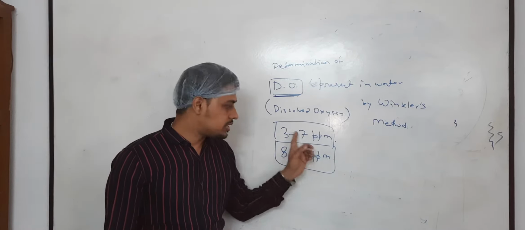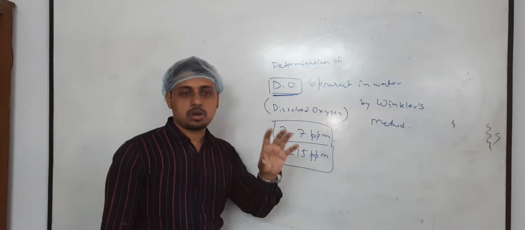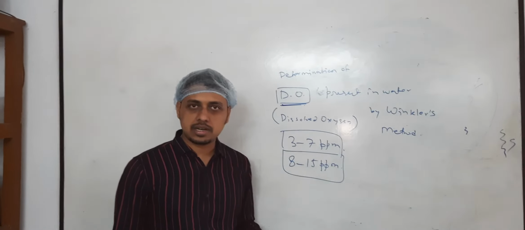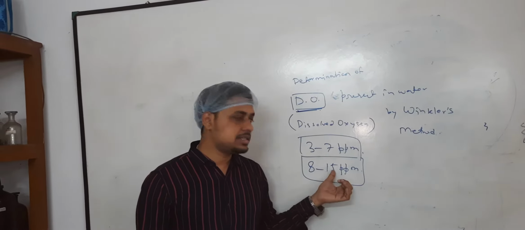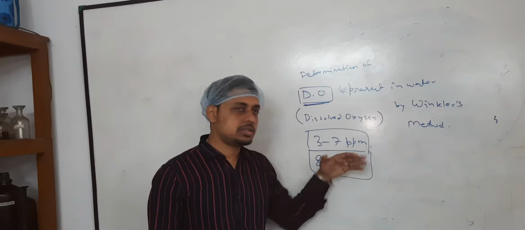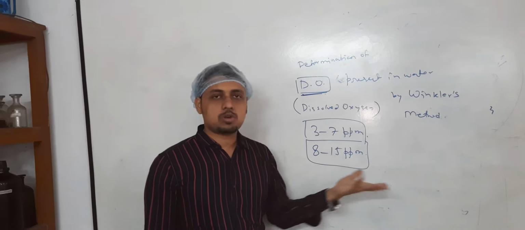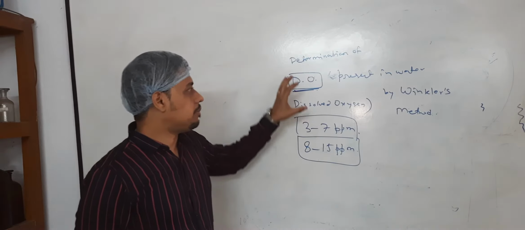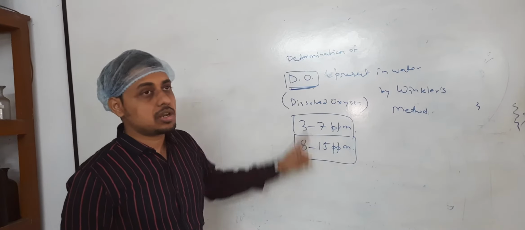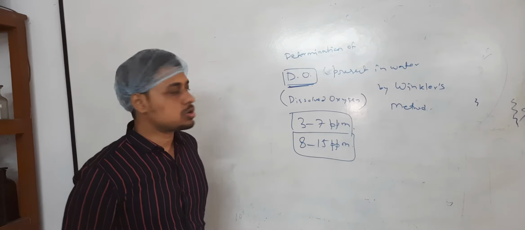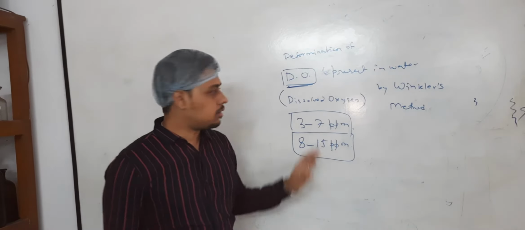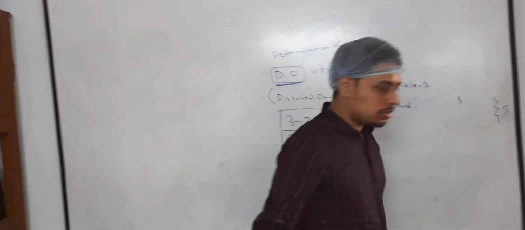animals. Once it drops, that means that particular water source is not sufficient to supply enough oxygen to the aquatic plants and animals. And if it crosses its highest limit, that means there will be overnutrition, which will cause eutrophication. So the amount of DO is a very crucial point for any aquatic source for aquatic plants and animals. Okay. Now let us do the estimation of DO.